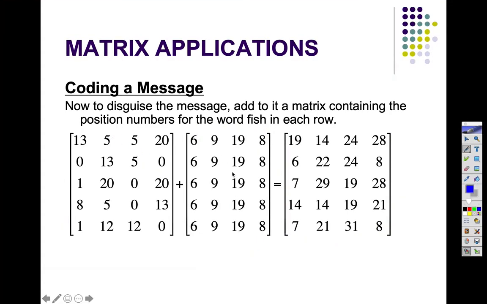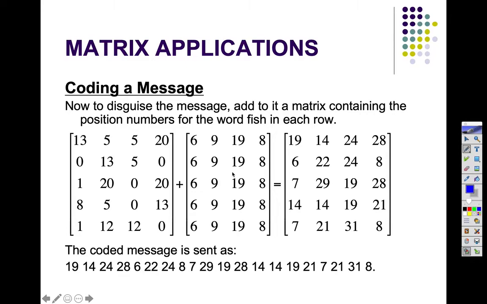And then, so you don't give away your secret, you rewrite the message as just a string. Notice how you can't even tell which numbers are spaces. You can't even tell where the words end. It is a thoroughly coded message. The secret here is the person decoding it needs to know that fish was the keyword. If they know the keyword and the message, then they would set it up the exact same way by taking the answer and then just subtracting, because we added to make the code, you would just subtract this exact